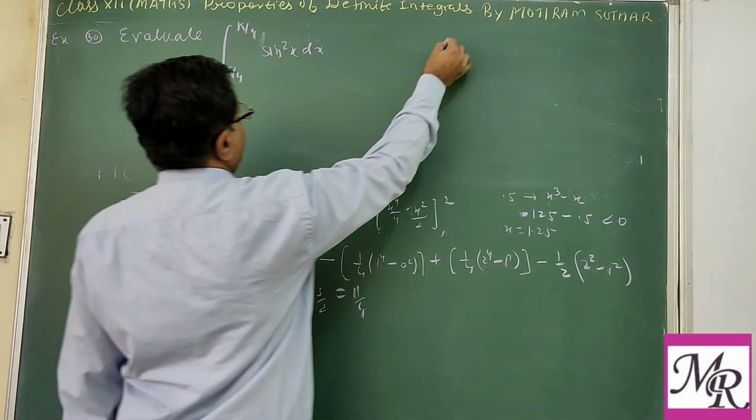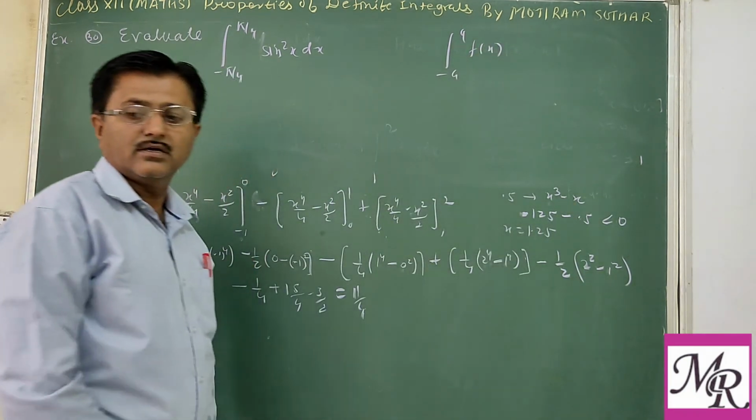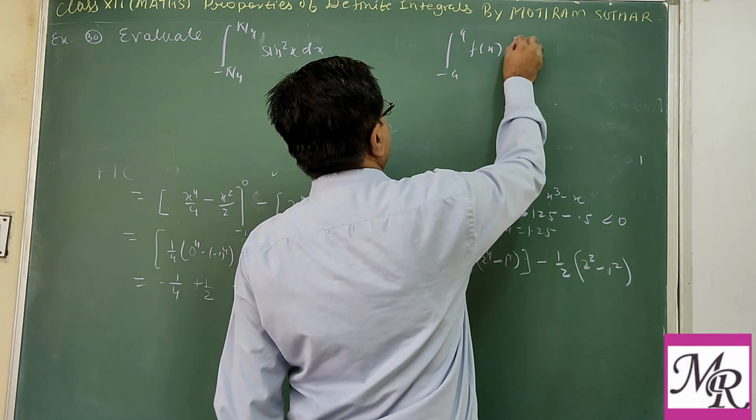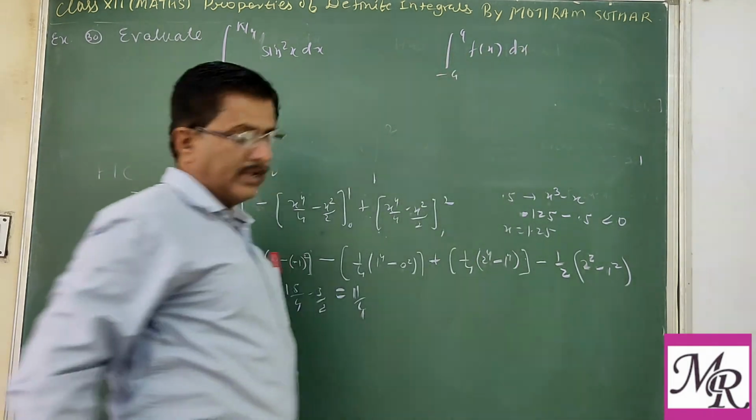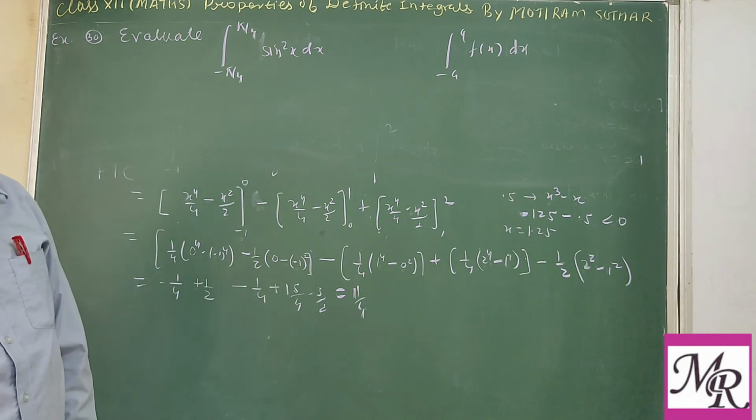Now we have a property like the integral from minus a to a of f(x) dx. When you see the limit from minus a to plus a, then the value of this will be